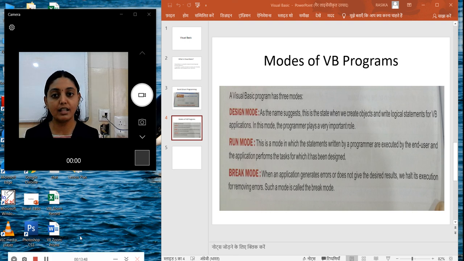So just start with this Visual Basic, so that whenever in future you go for any higher classes, you can use these basic things for your learning.